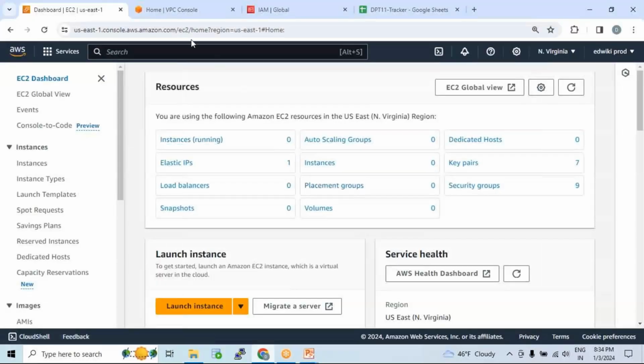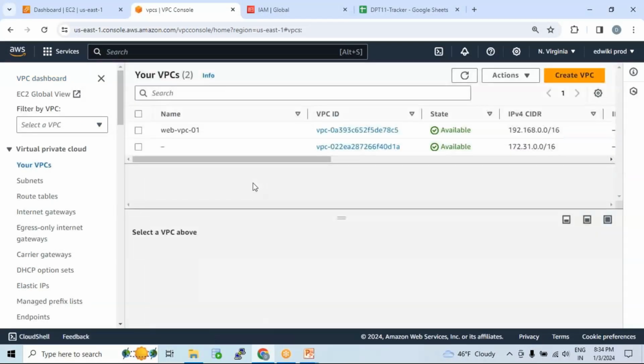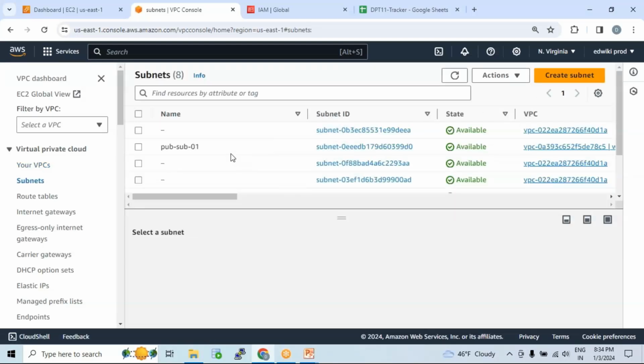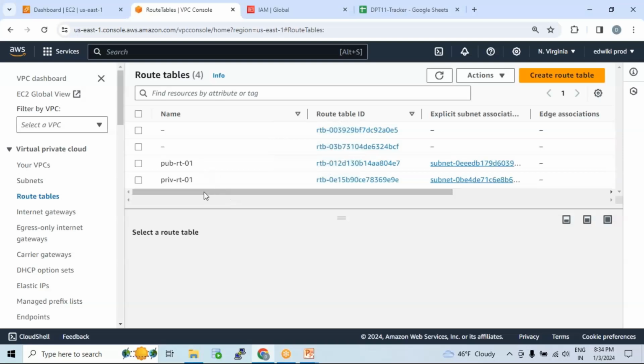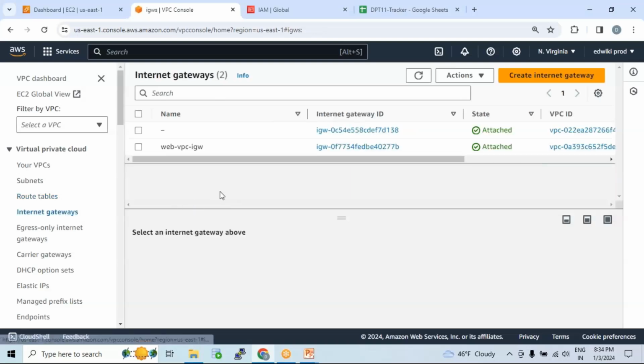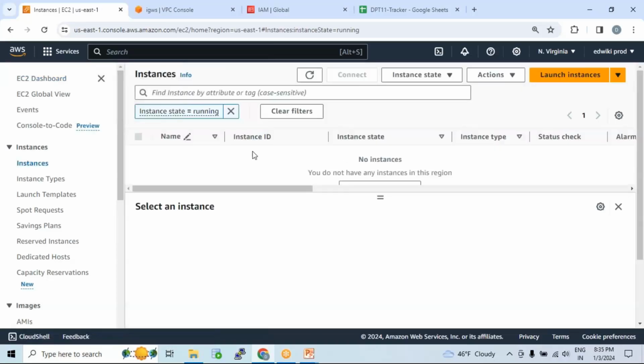In my AWS cloud, currently the VPC and all the different VPC related components that I have set up are still there. I can see my VPC, one public subnet and one private subnet, a public route table, a private route table, and the internet gateway. Pretty much everything is ready for me to go ahead and create an EC2 instance. So let me quickly launch an EC2 server